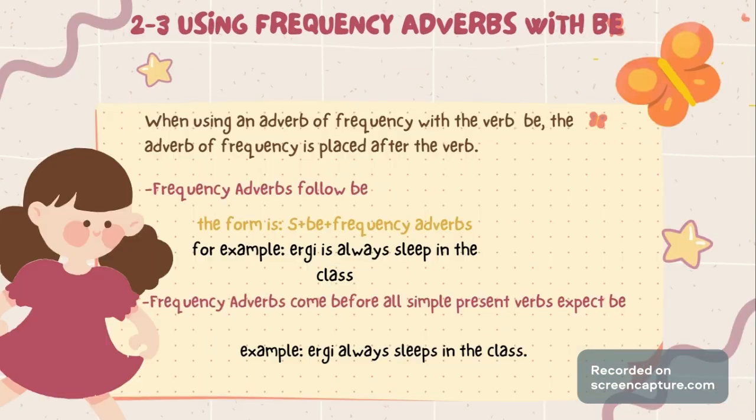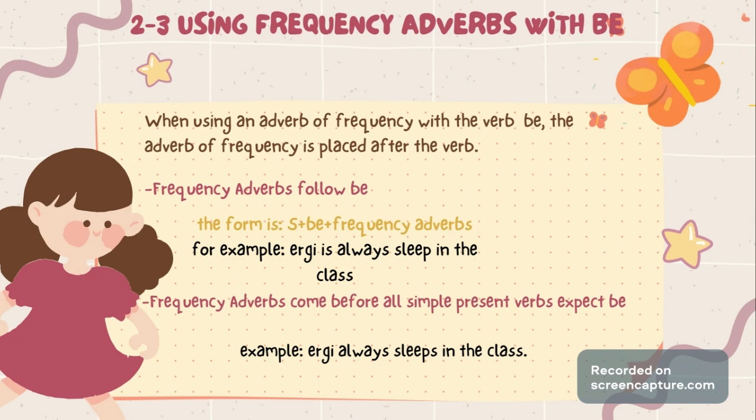Next, using frequency adverbs with be. When using an adverb of frequency with the verb be, the adverb of frequency is placed after the verb. Frequency adverbs follow be. The form is subject, be, frequency adverb. Example, Ergi is always sleeping in the class. The subject is Ergi, the be is is, and the frequency adverb is